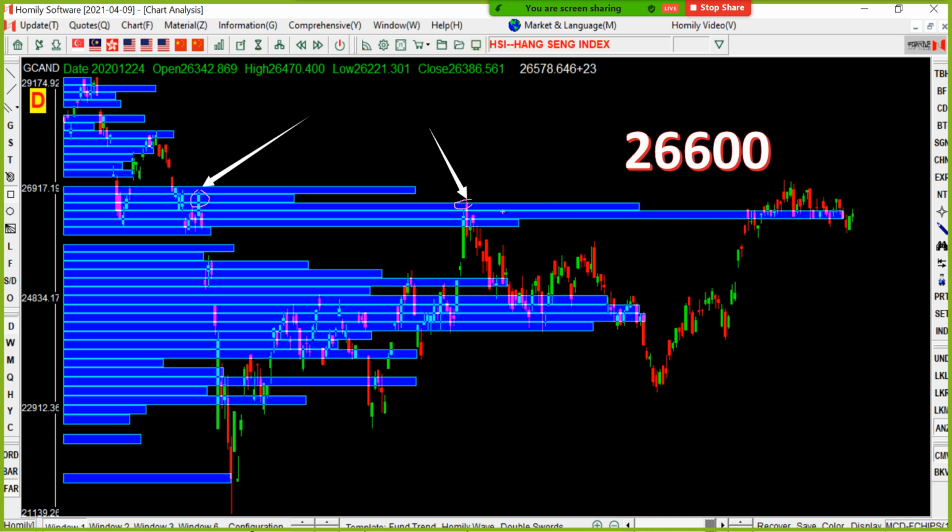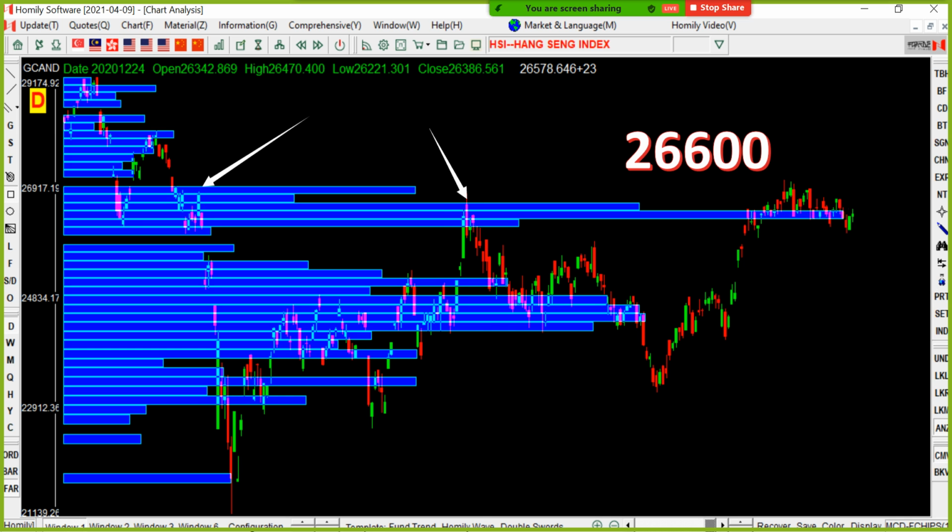26,600. Then in this year around November, the market tried to touch the level again, then went sideways around here. So it dropped down, went sideways, then rebounded. I think the most important thing for the Hong Kong market is whether this index can clear the most important resistance, 26,600. Then we can wait for another bull run.